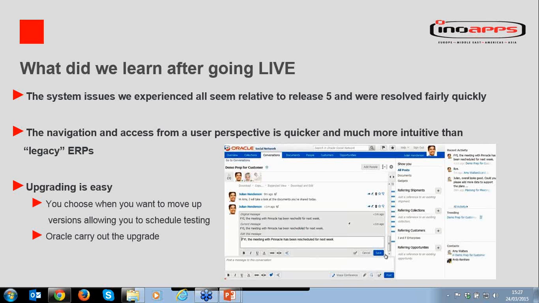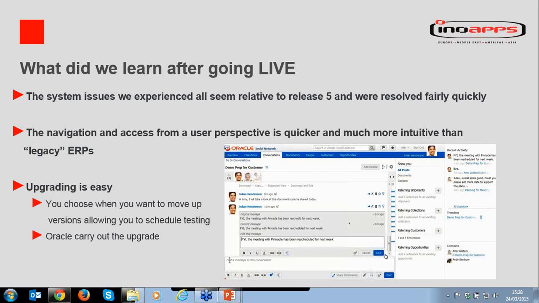And the last thing is this upgrade. I've mentioned that we went from release 5 to release 10 already, or release 9. Really, Oracle has built something solid and robust. They will warn you about the upgrades coming soon. Roughly every 6 months, they will tell you that there is a major upgrade coming, and they will give you a time frame to do testing. Once you're happy with the testing, they will upgrade your production instance for you. I think you've all been through the old days of doing an upgrade on an ERP system. It's so much pain. But now it's really embedded in the product strategy.